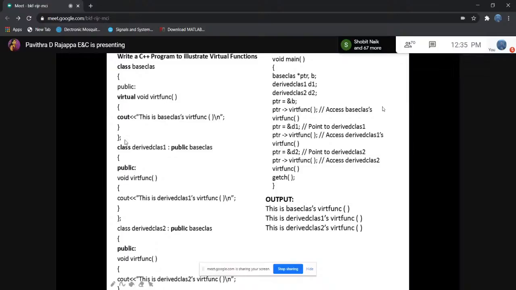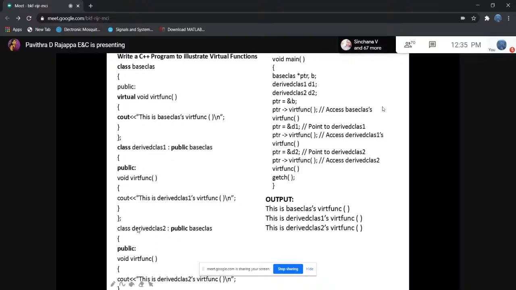Next, I am deriving the properties from the base class to derived class 1. Again, in the body of derived class 1, in the public section, I have included the watch function. You can observe here watch func. These all remain the same here also.